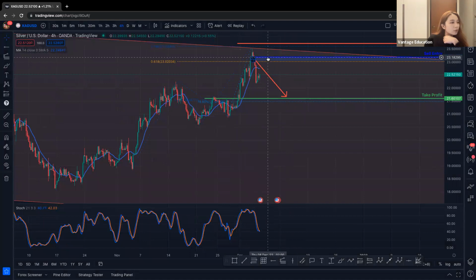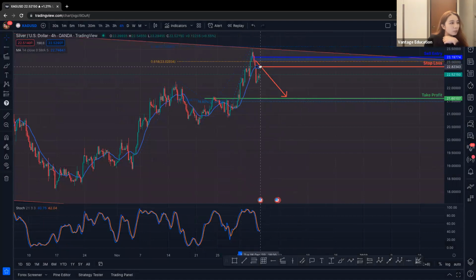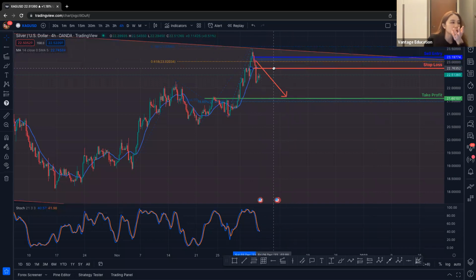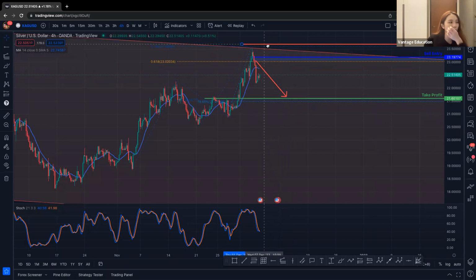So if your sell entry is here and it has already played out, do move your stop loss to the peak of the moving average that was last at. Or you can move it slightly above just to give yourself a bit more space. That'll be great. This also protects your small profit, or even gives you a break even in any case that it decides to bounce up and burst out of the downward moving resistance. Let's just say it moves down slightly more. You can move your stop loss along the way